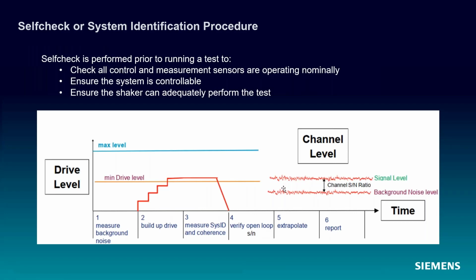After the averages are complete, this ramps down, we do some calculations here, and one of the calculations is this open loop threshold. We're also looking at all the measurement channels to determine if they meet the minimum signal to noise ratio. If they don't, you'll get an open loop error message. Now, just a caveat there, sometimes open loop is not a bad thing.